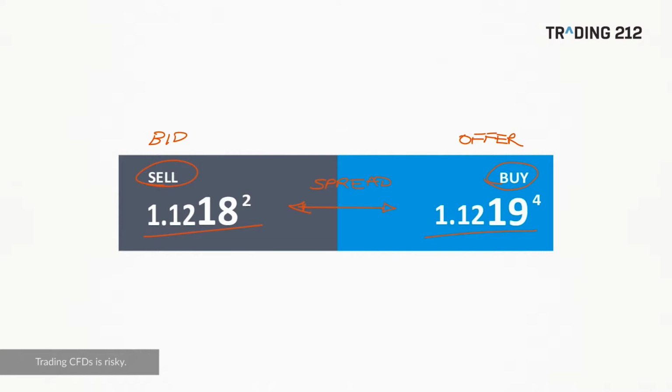We can see here that the size of that spread is 0.00012. If we add that number onto this bid of 1.12182, then we end up with this offer price of 1.12194. Now, we said in the previous video where we introduced the Forex market that the core of the Forex